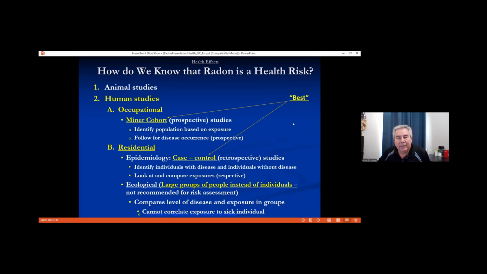So every country has undergone different types of studies. The percentages will probably differ from one country to the next. Some of them may say, well, 10% of the lung cancers can be related to radon. Another country may say 16%, another one may be 12. But essentially, they all say the same thing. No one says different, that there's a link to lung cancer from radon.